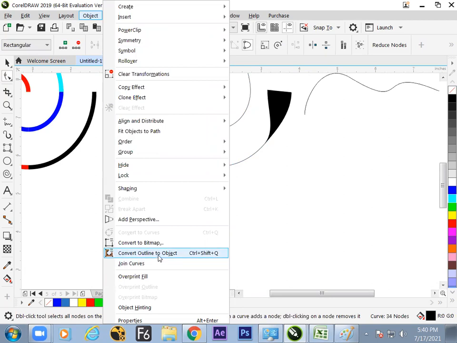So what happens with this? We can convert the outline to turn into fill. So what will happen, we can give thickness to a certain part of your line, as well as we can make a stroke over the stroke. There are two benefits of converting a spline using convert outline to object. What are those? We can give thickness to the line at any point we want. Second, we can put an outline on the outline. This is an outline or a stroke. We can put a stroke on the stroke. This is the benefit. Let us see in a practical manner.